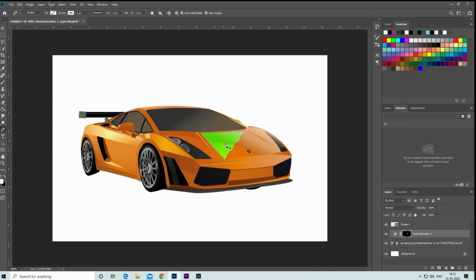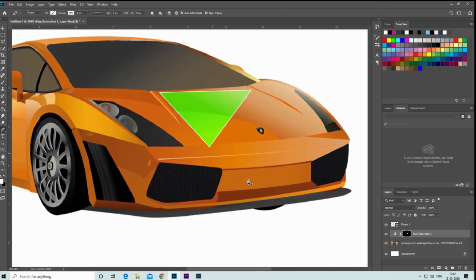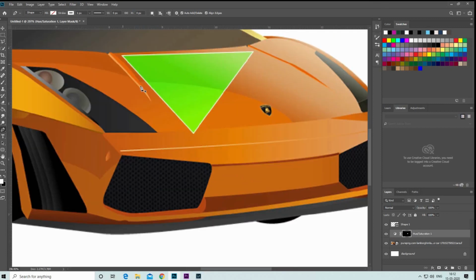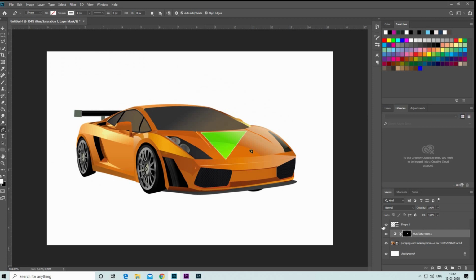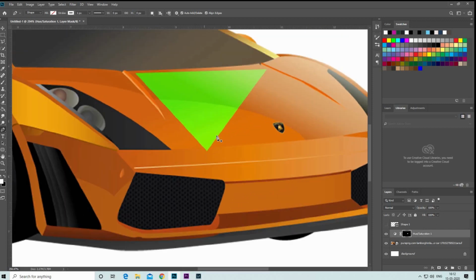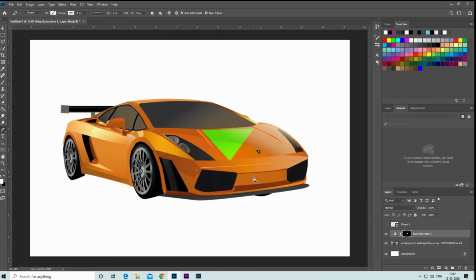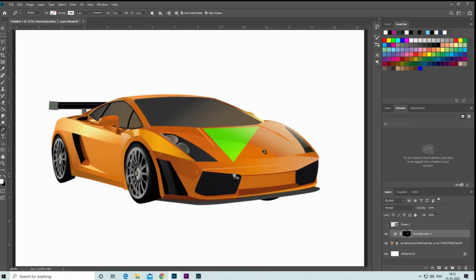Now as you can see, a new color design has been added to our object. Now press Ctrl and D to deselect, and you can see there are white lines or borders around this. To remove this, just hide the shape icon. Now you can see there is no such white line.